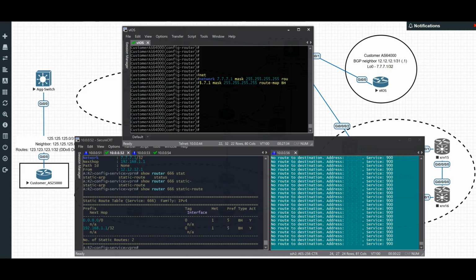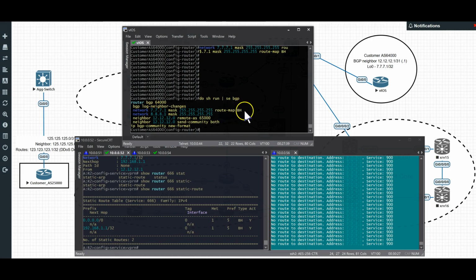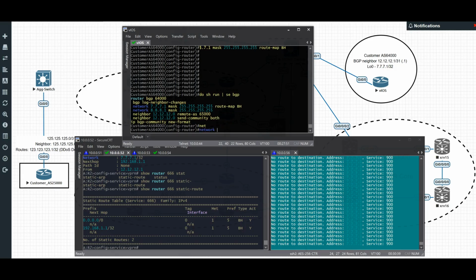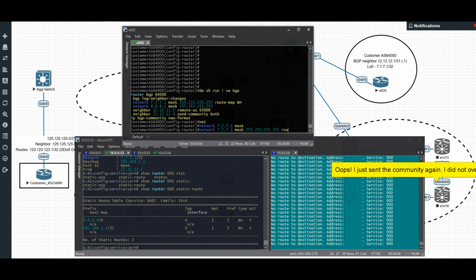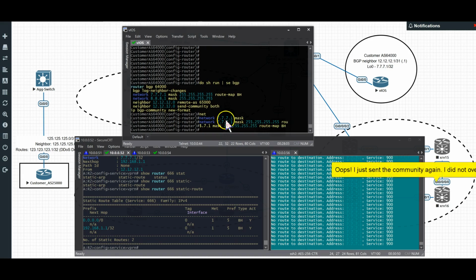So here is that route map attached to that prefix, which is sending the blackhole community string. Just go ahead and remove that, so you can just override it. And that should take the string off,